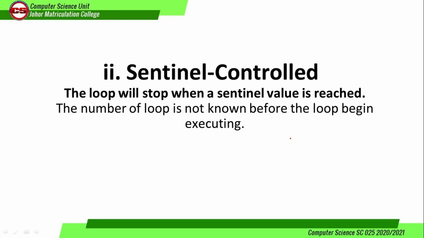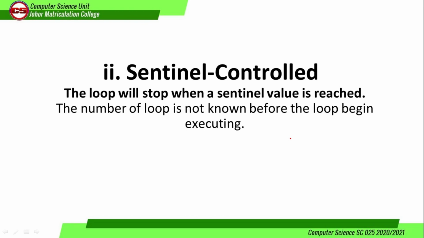Okay, now we go to the IPO for the sentinel control. What's the meaning of repetition sentinel control? The loop will stop when the sentinel value is switched. It means the number of loops is not known before the loop begins executing. For the counter control, the number of loops is already known before the loop begins executing. For the sentinel control, the number of loops is not known before the loop begins executing because